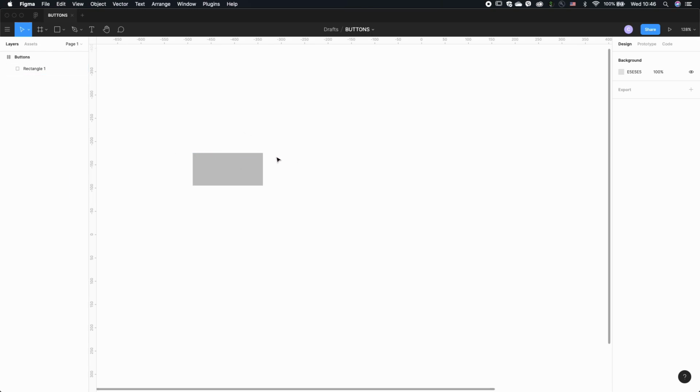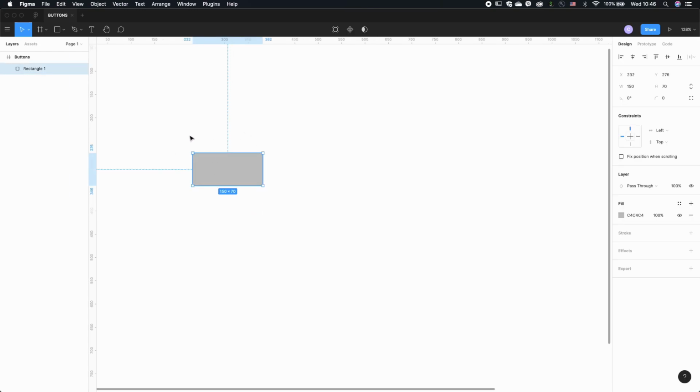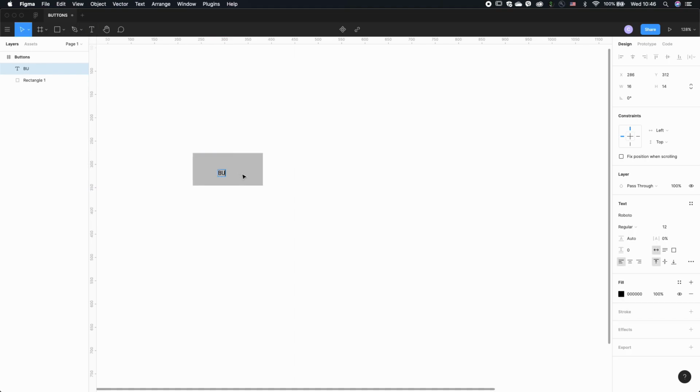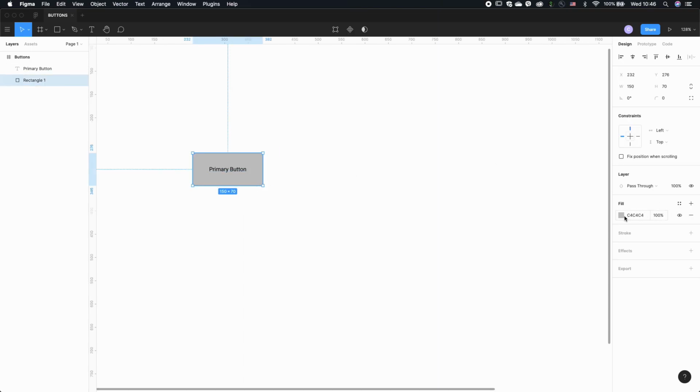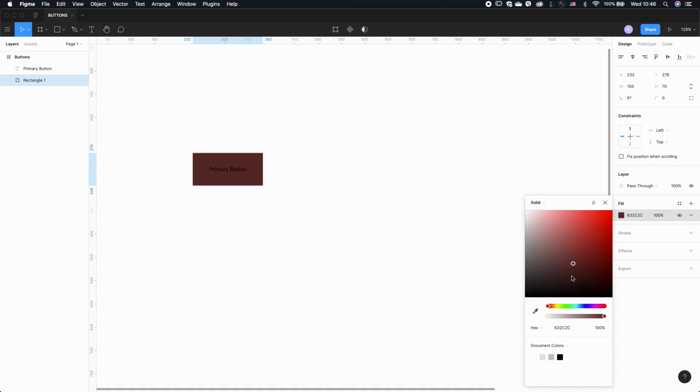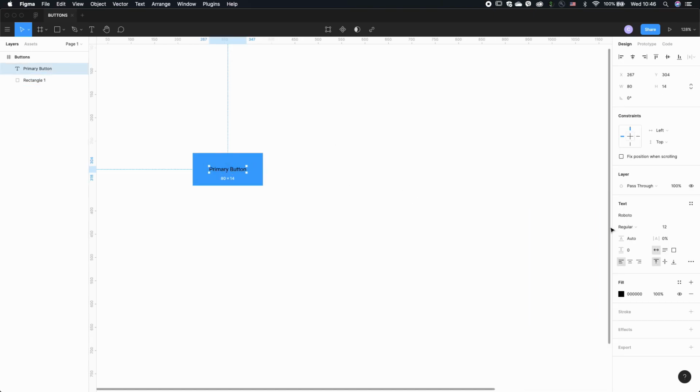So now we have the square, and then you can also add a text here. So let's go ahead and add a text. Let's call it button. Maybe let's call it primary button. And now we just align it to the center, and there we go, we have a button, but it doesn't look so pretty. So let's change the color to maybe some blue, and then we change the text color to white,